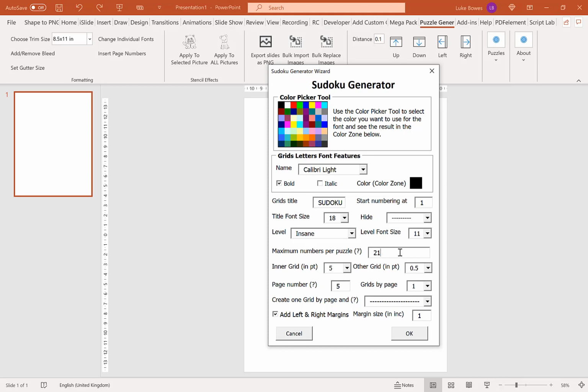So if you are new to setting a maximum numbers per puzzle, I would start at 30 and then gradually decrease that until you find a number where you're happy with the speed that it generates the puzzles at. So if we just go back to easy for now,